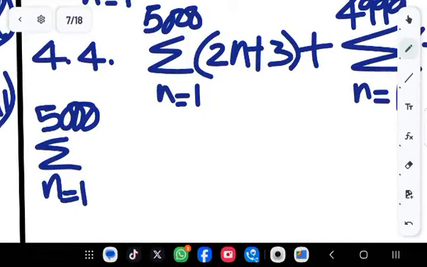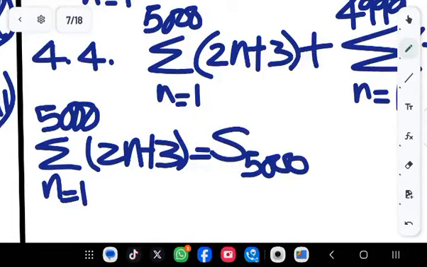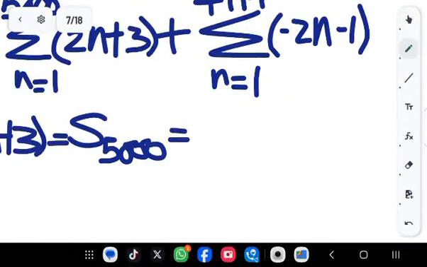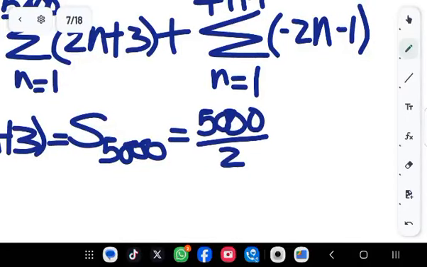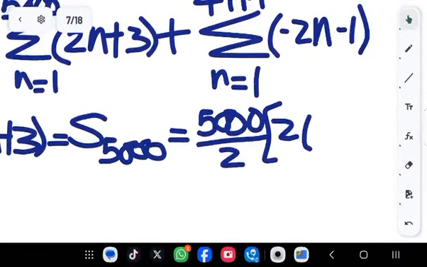From n equals 1 to 5,000 of 2n plus 3 is the same as the sum of the first 5,000 terms, which is equal to 5,000 over 2, right? Remember the general equation of the sum of the first n terms, in bracket, 2 times the first term, which is... And the first term here is 5. Remember 2 times 1 plus 3, that is 5,